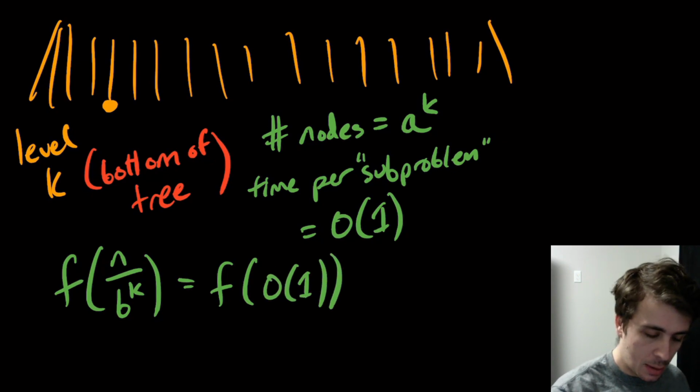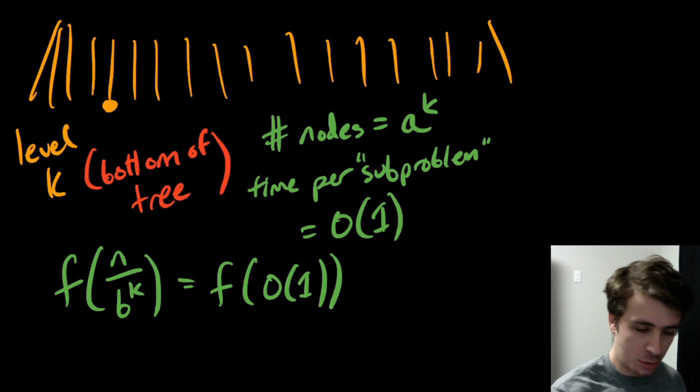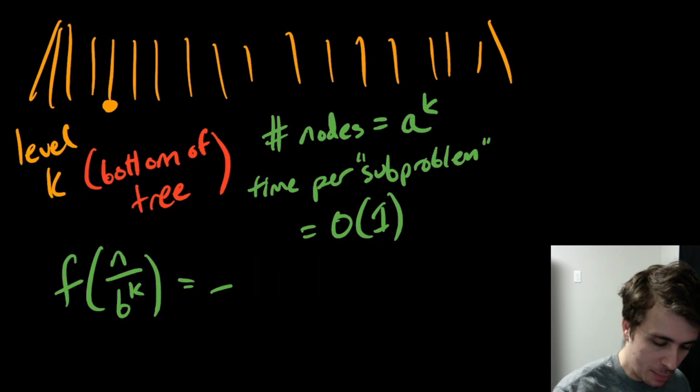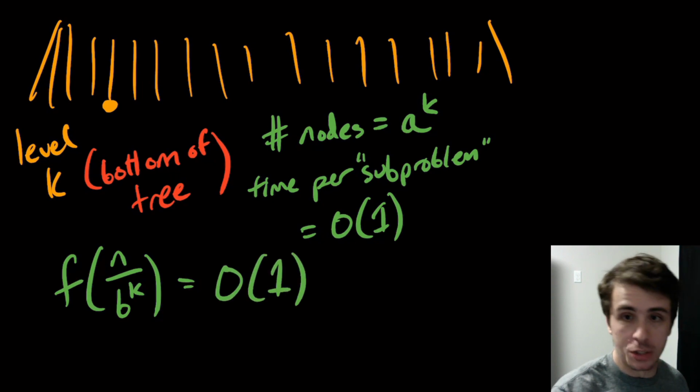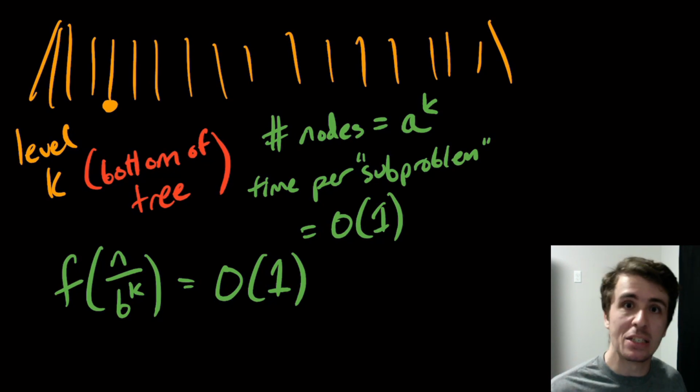Okay, so it may not take exactly one step, or whatever we want to. Actually, I should say it this way. Let's just say that the time to complete one subproblem is big O of 1. It might not take exactly one step. It may take a constant number of steps, but it's just some constant, because the size of the subproblem is